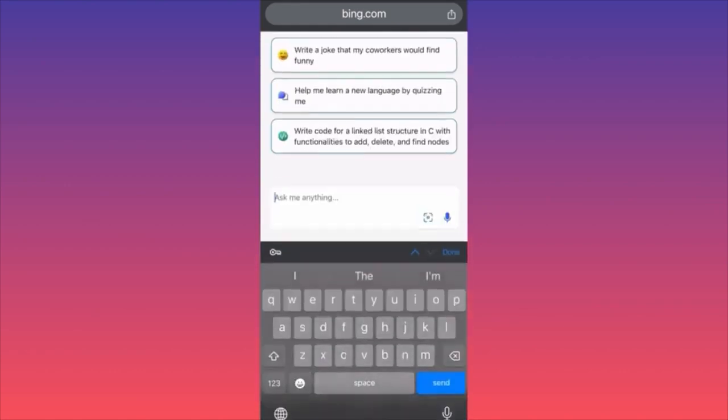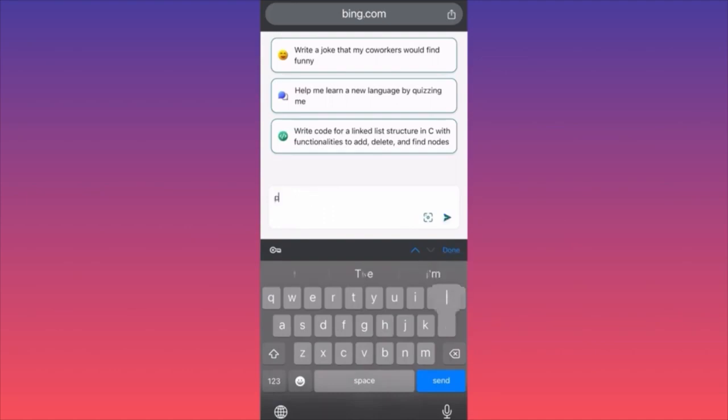In this particular example, guys, we are going to ask, please write internship or job cover letter for job at the bank or any other major financial institution.